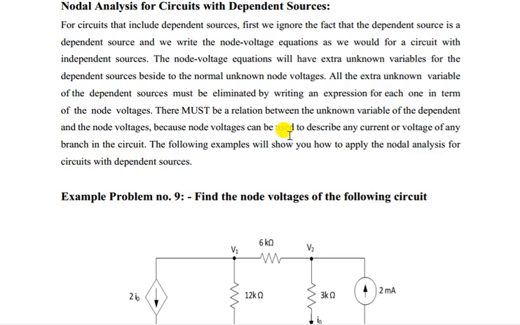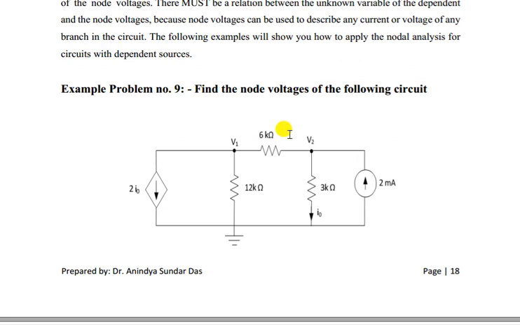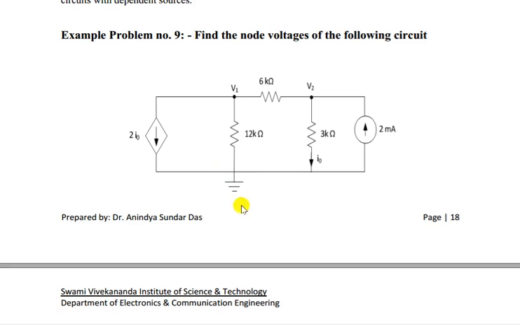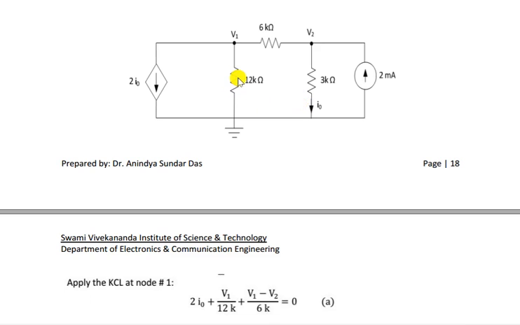Okay, now let us solve one or two problems using dependent sources. What will happen if there is a dependent source in the circuit? So this is a circuit, both are current sources, so no problem. Any one of the nodes, so I am taking this node as the reference node. How many nodes are left? This is 1 and 2. Assign node voltages V1, V2. Now we can write the current equation.